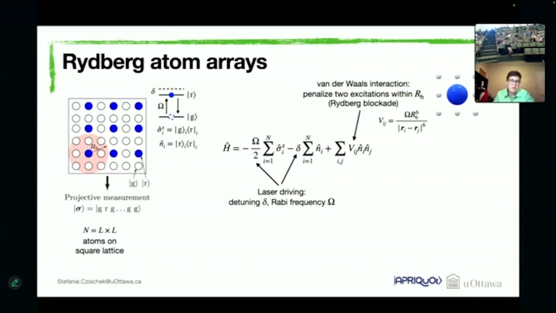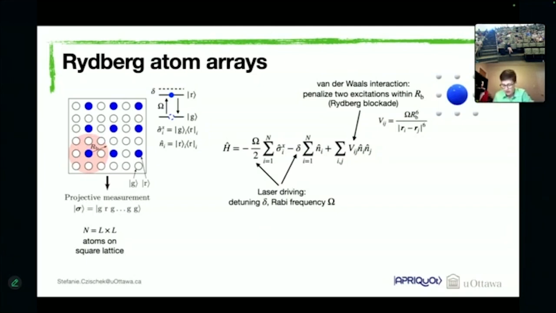And the most straightforward way to imagine this interaction term is that if we think about one atom being in the excited state, then we know that it's a highly excited state, meaning that the electron is on a sphere with a very large radius and comes pretty close to all the neighboring atoms. And this is where it causes these van der Waals interactions. And this interaction behavior causes what we call the Rydberg blockade, which basically means that if we have an excited atom, then within the Rydberg radius, or this radius R_B, any other excitation would be penalized. Okay, so this is the blockade mechanism: no other atom can be excited or in the excited state within this Rydberg radius.